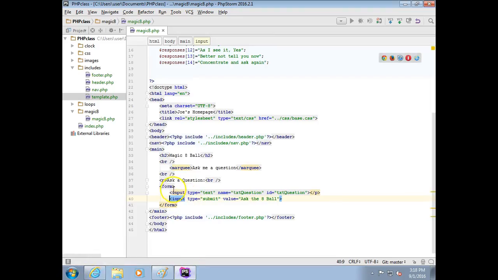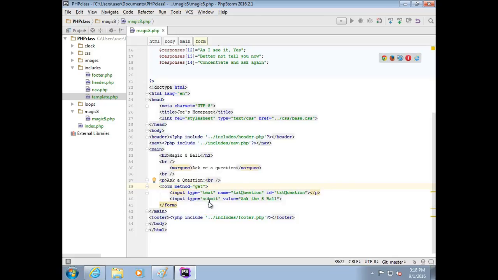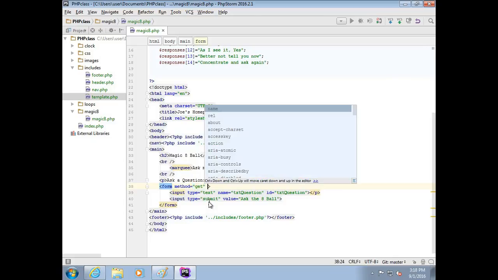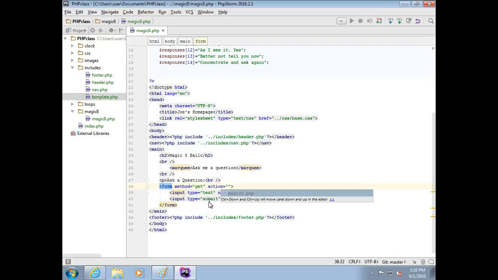So my form has different methods. And one method is get, another method is post. Those are the two common. So I'm going to do get first. And I'm just going to give it an action. The action is going to be where are we going to send it. All right, so I'll send it back to PHP, the 8-ball PHP. So if I save this